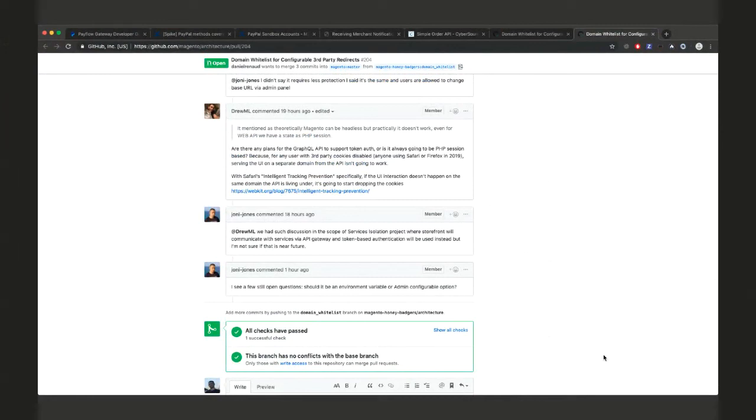Yeah, the only question is that you mentioned it doesn't know which URL paths are allowed. I don't know if it's a big problem or not. If it's the same domain, then it shouldn't be a problem because it will be redirected to something that Magento knows or doesn't know.